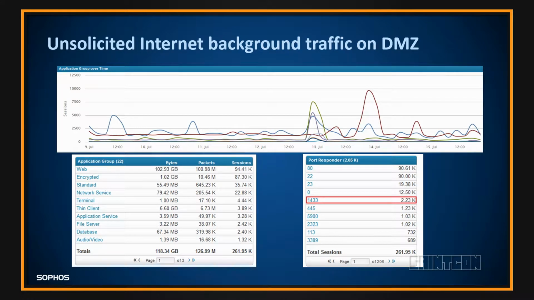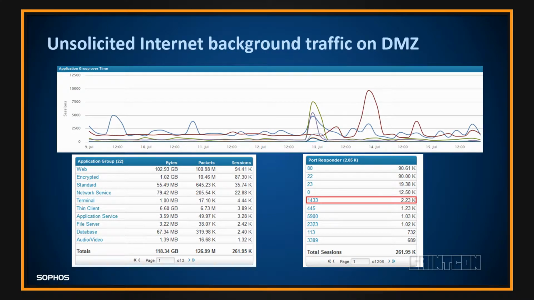What it shows is a 7-day period from the 9th to the 15th of July last summer, so a year ago. And this is just all of the background noise that was hitting in a 1-week period. What I started to notice early last year was that all these normal ports like Telnet and SSH and HTTP, HTTPS were all represented, as well as things like SMB,